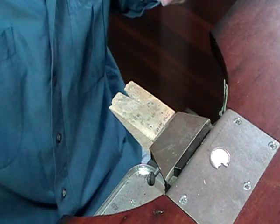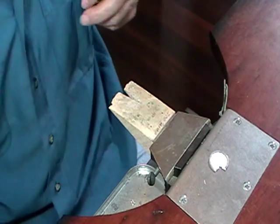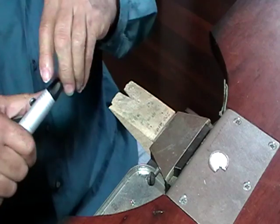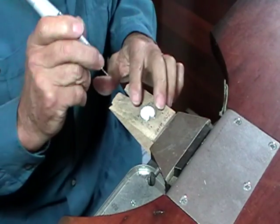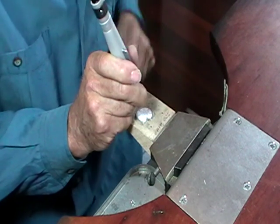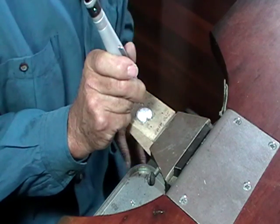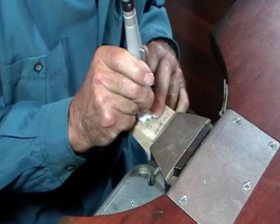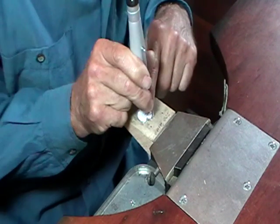So anytime you're going to pierce a hole, drill. So this is a 1mm drill bit. Anytime you're drilling, be sure you wear safety glasses. Anytime you're using any machinery that spins, make sure that you have glasses or safety glasses between you and the machinery. So you just rest the drill bit in that depression,